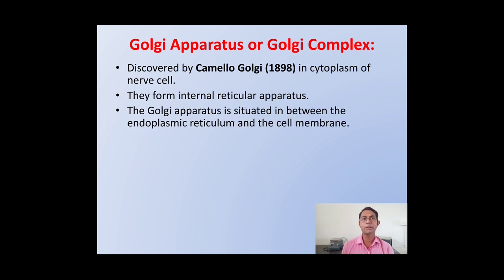The Golgi apparatus is situated in between endoplasmic reticulum and cell membrane. As we discussed earlier, endoplasmic reticulum starts from the nuclear membrane and comes to the cell membrane. So that is nothing but a connection between the endoplasmic reticulum and nucleus. In some cells, it is observed that the Golgi apparatus is situated between the endoplasmic reticulum and